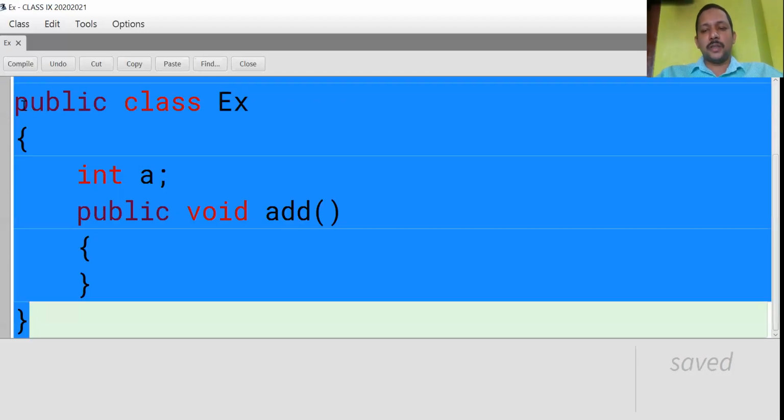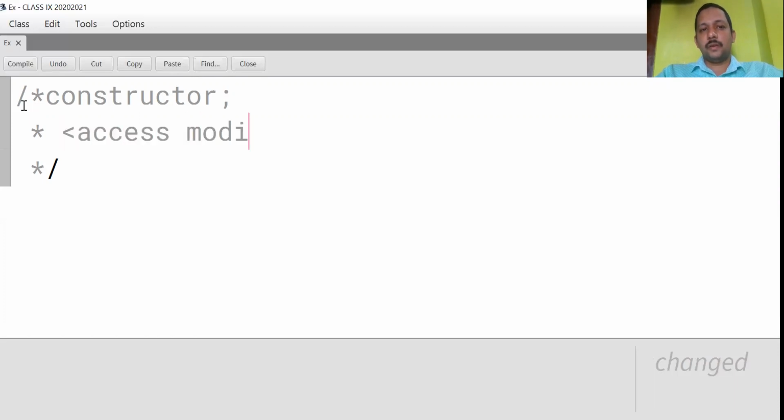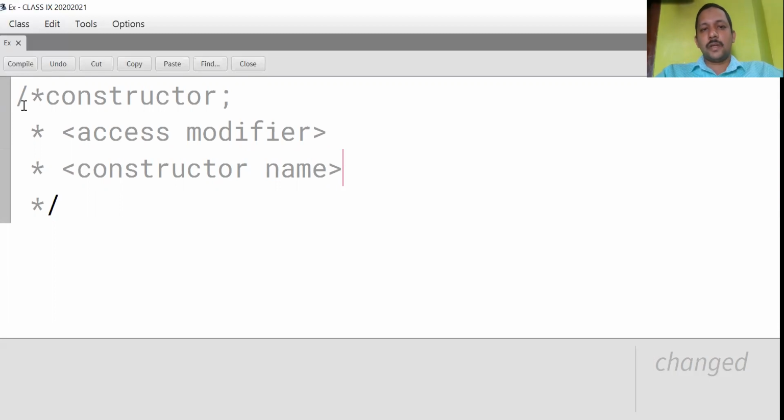So next syntax is constructor. Next syntax constructor. Access specifier, sorry, modifier, constructor name. Now see the example.